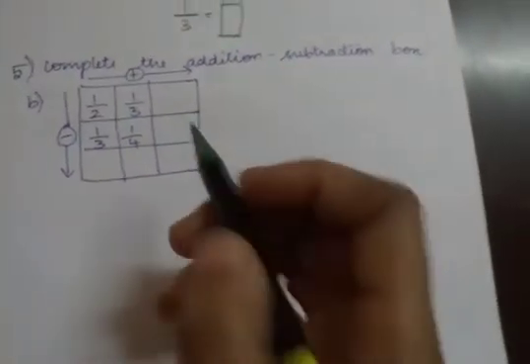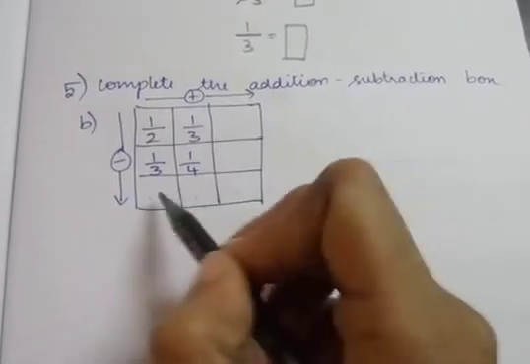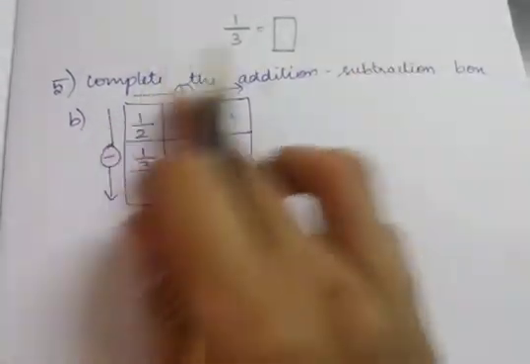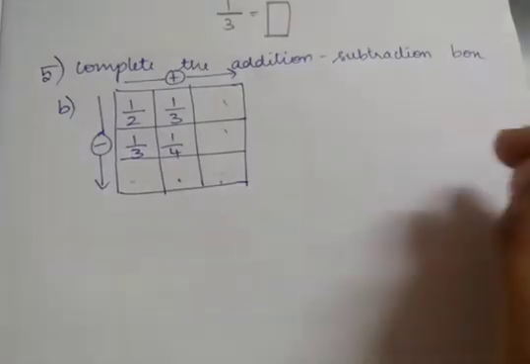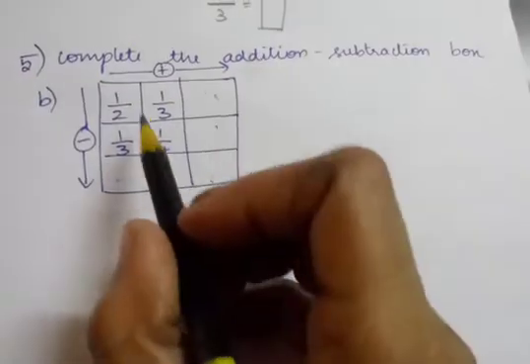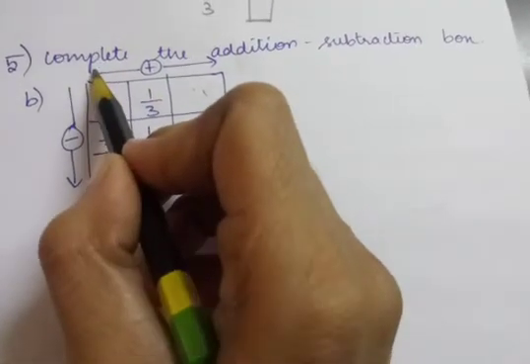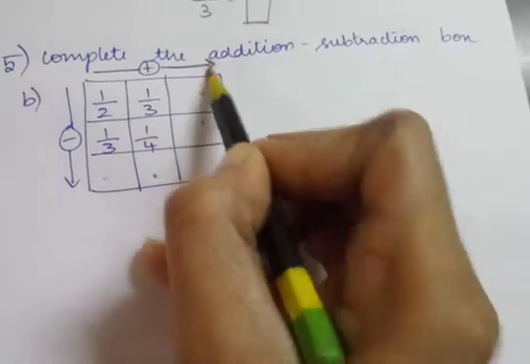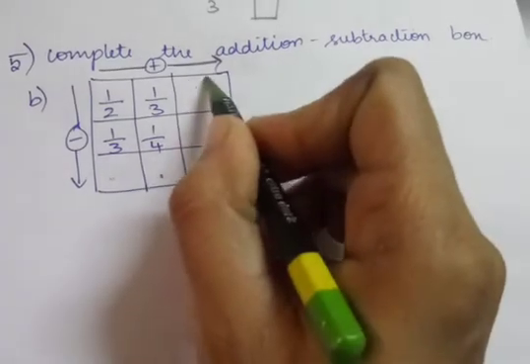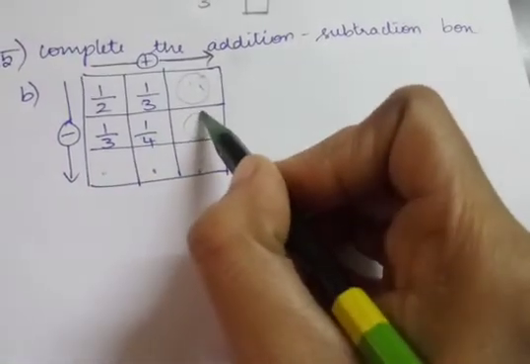Okay, so first see, in this box we have to fill these 5 places. This place, this one, this one, this one, this one, all these 5 things we have to fill. Addition and subtraction box. Addition means what? The arrow mark which is given towards this side is addition. So I should add these two values and write the answer here. I should add these two values, I should get the answer here.